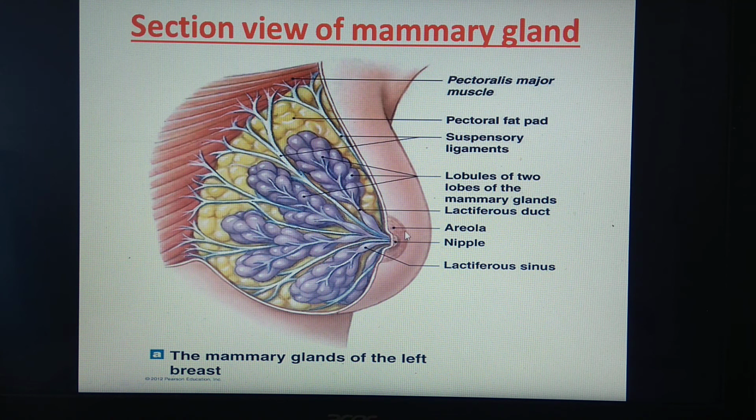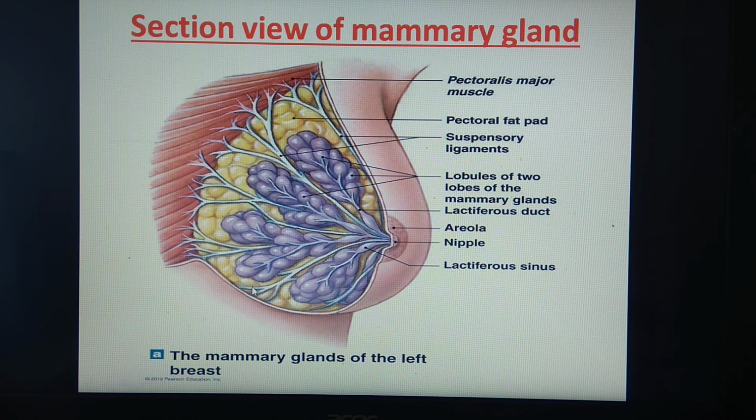So what we have seen here in the mammary gland are the fatty tissue and the lactiferous ducts. These are the secretory glands having sac-like structures called alveolus. The alveolus is the milk secreting structure. Milk is stored here, and whenever required it passes through the duct into the ampulla, then to the lactiferous duct, and through the nipple it is sucked by the young one. The areola is the colored portion around the nipple. Okay, so this is all about the mammary gland. A note can be asked for 2 marks on the mammary gland.